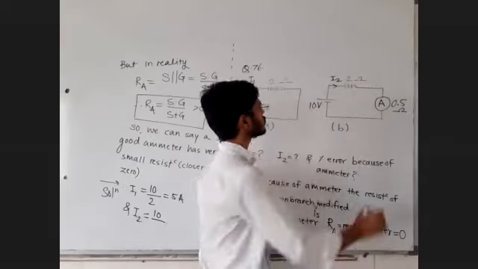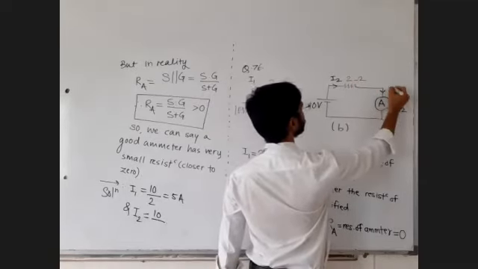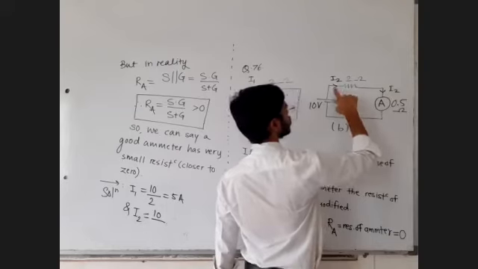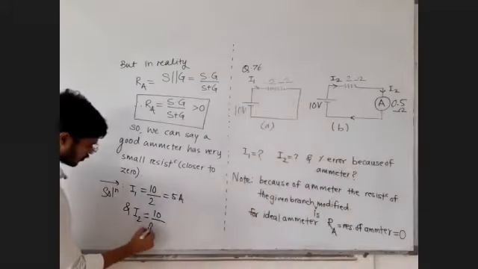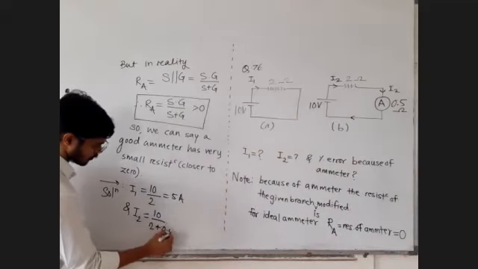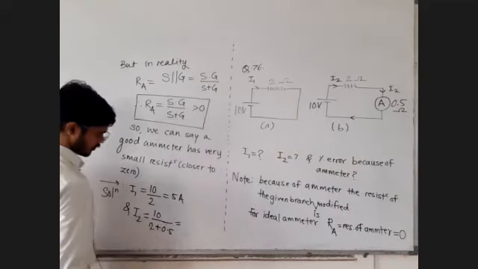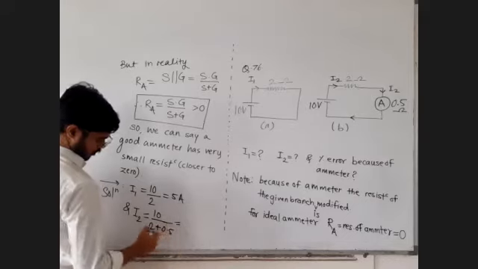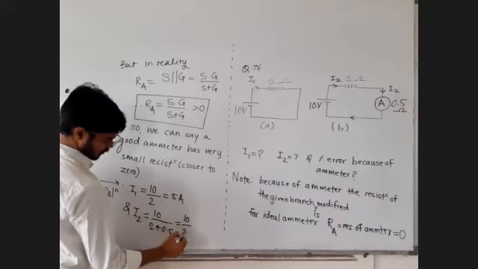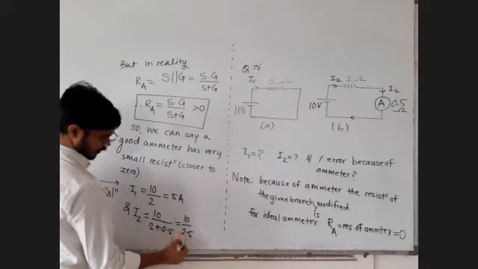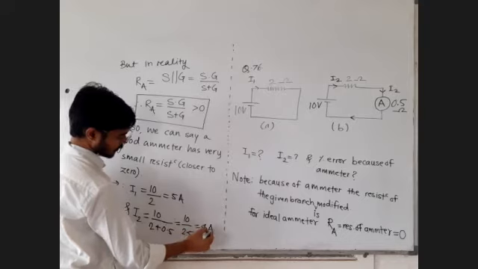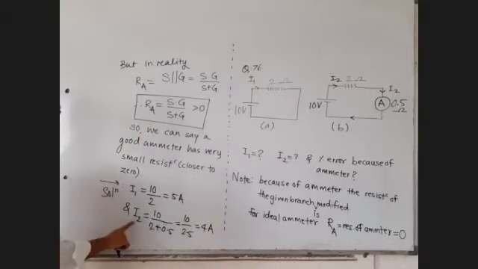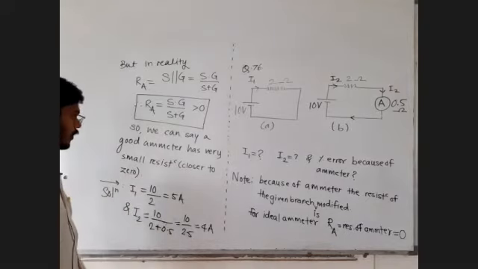Both of these are in series, the same current is passing through both of them. So this resistance plus this resistance, 2 ohm plus 0.5 ohm. So that will be 10 upon 2.5. You can write that as 5 by 2 also, no problem, or 10 upon 2.5 is directly 4 ampere. So this was the measured value. This was the actual value. Now let us find out the error.